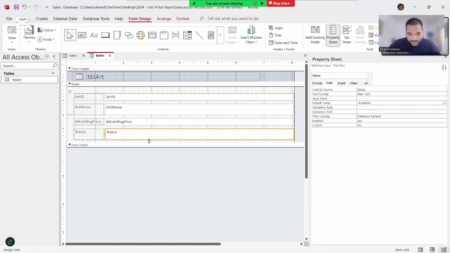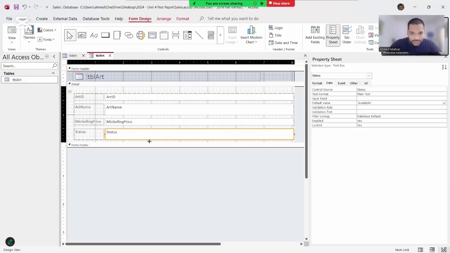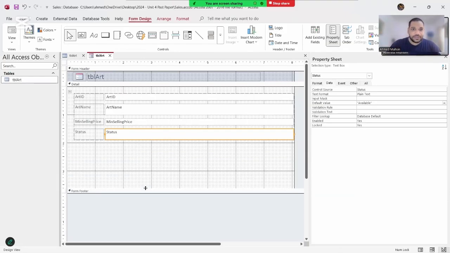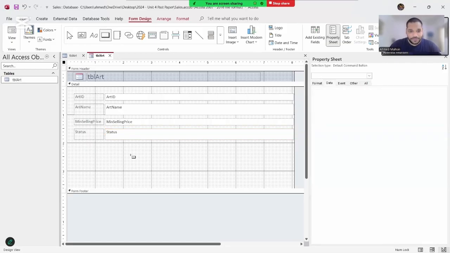Can you see where my cursor is, everybody? This is where my cursor is. So I'm going to pull the form footer down. So I have more space in the detail area to draw a button. So let's click and pull this down. And over here, if you come into your form design tab, tool number 4 is for creating a button. So let's click on tool number 4 and let's very neatly draw a button from here to